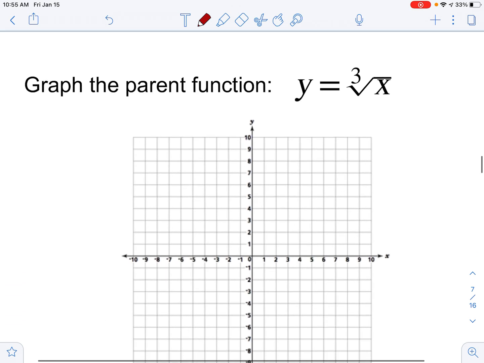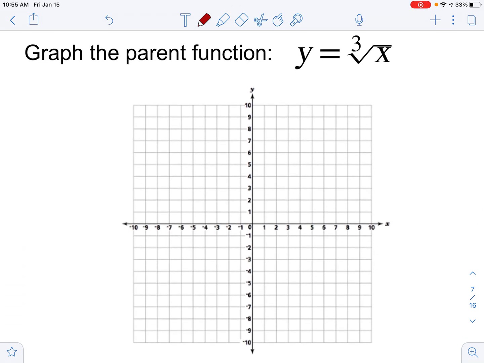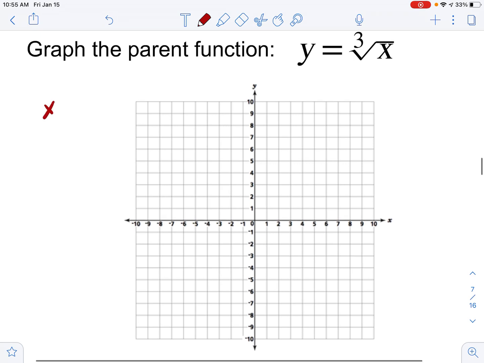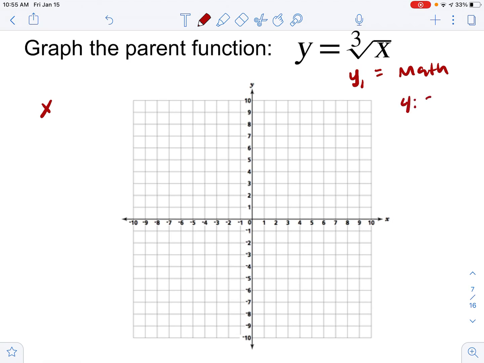Okay, so we need to make sure we know what a cube root graph looks like. Just as a reminder, to put the cube root into your calculator in the Y1 section, we're going to press math, and you're going to choose option number 4. That's going to look like 3 radical parentheses. If you want any other root, you can choose option number 5, which looks like this, and you can do 4th root, 5th root with that. Okay, so when I type this into my calculator, the cube root,